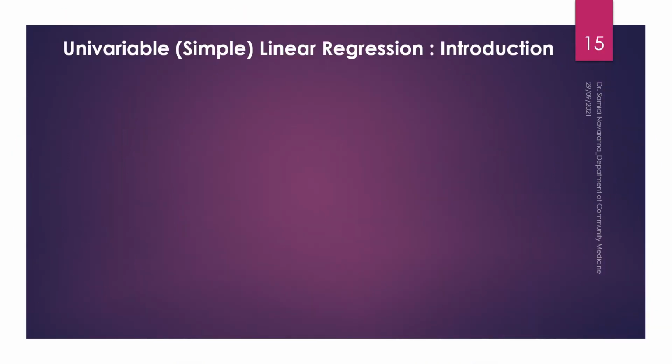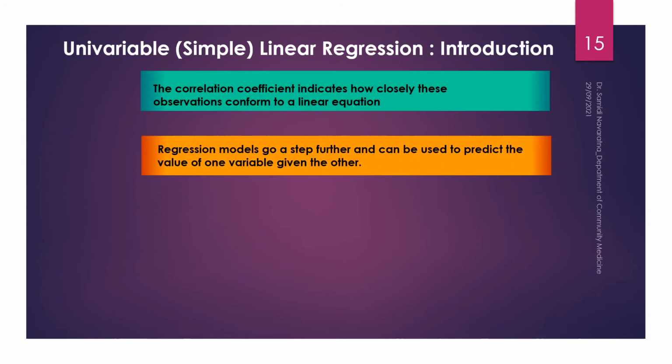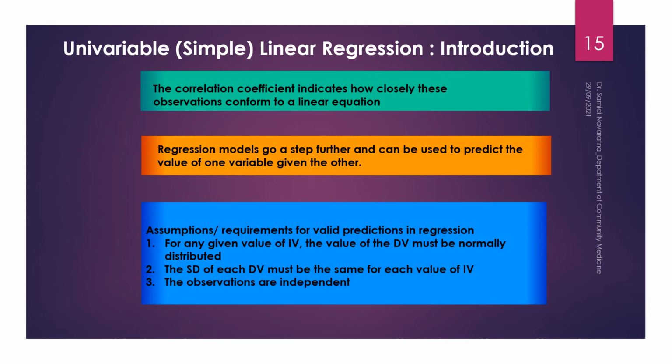Univariable or simple linear regression introduction. The correlation coefficient, as we discussed, indicates how closely these observations conform to a linear equation. Regression models go a step further and can be used to predict the value of one variable given the other. The assumptions for valid predictions in regression include: first one, for any given value of the independent variable, the value